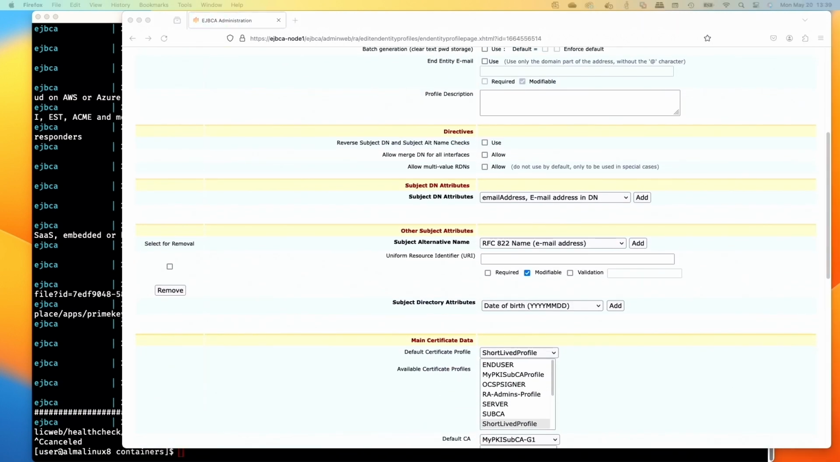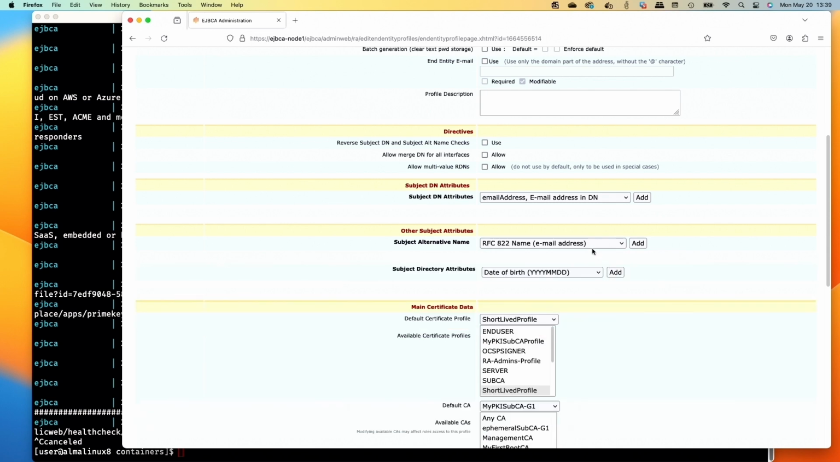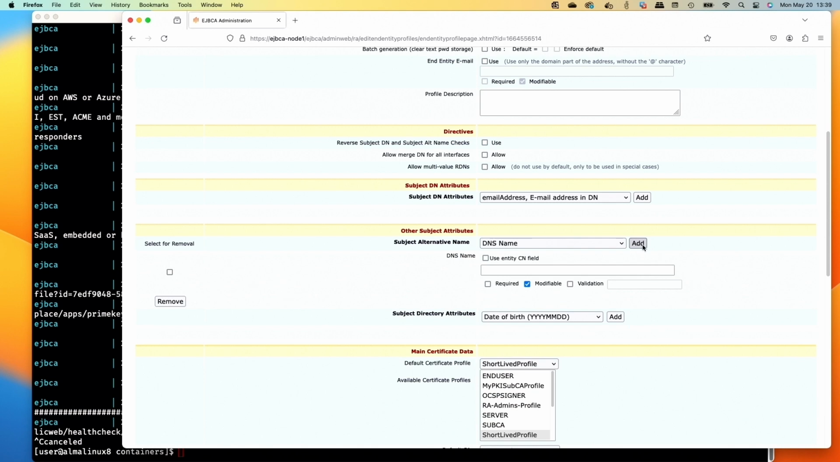What we want to do here is remove the URI since we're going to do device certs with DNS. So we remove this subject alt name by clicking the box here. We'll click the remove button. It's gone. Bye-bye. And now we'll add a DNS subject alt name. So we click that guy, add. And then we want to just do required for the DNS name, so it has to be at least one